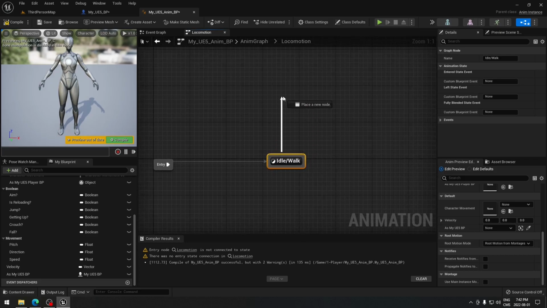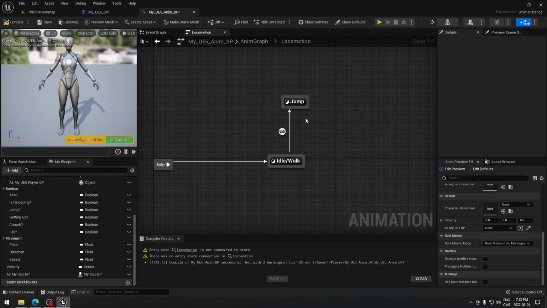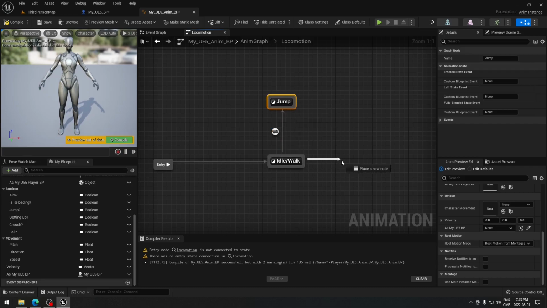I'm going to drag from it, go on the top here, and search for, not search for jump, but new state machine, and call it jump. And the same thing here, we're going to drag new state. I'm going to call that aim stand,